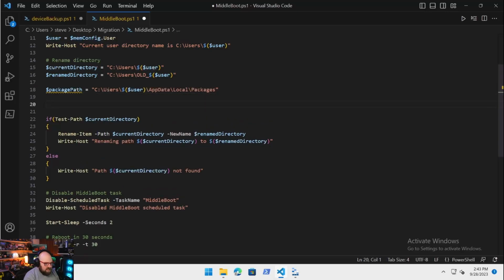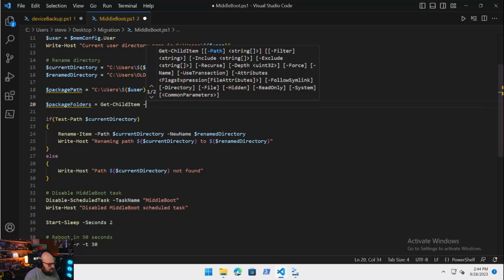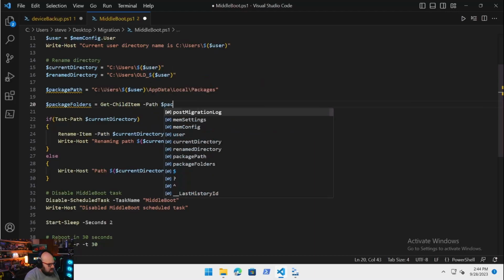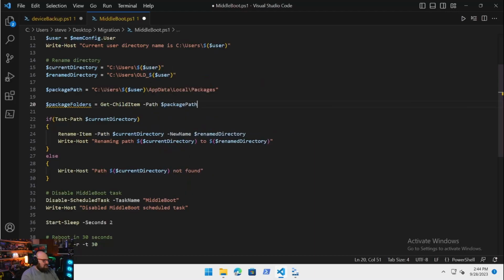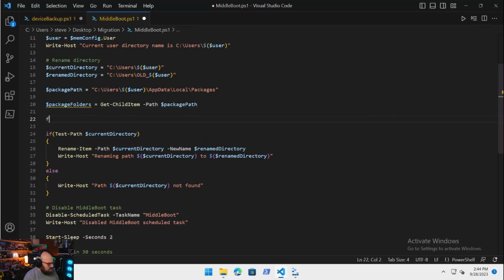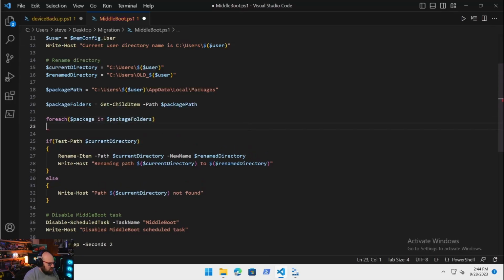Now what we're going to do is get the items. So we're going to say package folders is equal to Get-ChildItem, and the path there will be package path. Basically for all the folders inside of that directory, we're going to iterate through them. For each package in package folders,